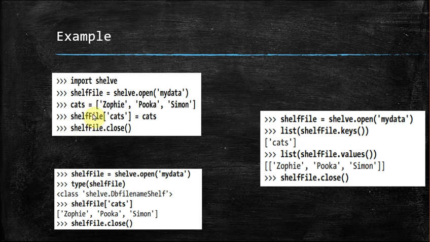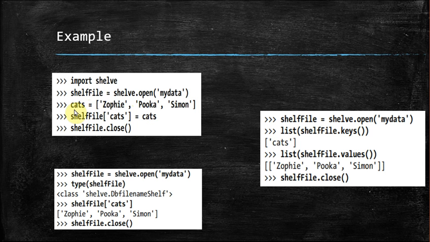In this particular code that is given to you, what we are doing is creating a list. About lists we have already seen in the previous session. Here in the list you have the items Zophie, Pooka, and Simon. This example we had already seen in the previous sessions. These are nothing but the names of cats, some nicknames you can give. So we have created a list and added some items to it. Those items are names of the cats.